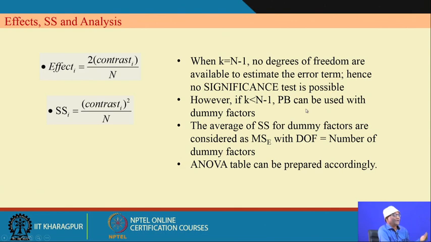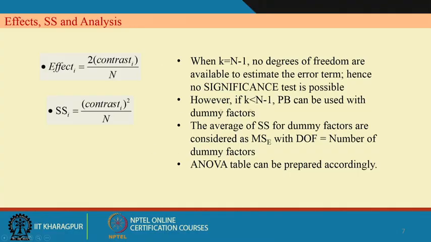But if k is less than n minus 1, suppose you have 7 factors and you are going for an 8-run design, then apart from the main effects you have no degrees of freedom available for estimating other effects, including the error term. But if you use k equal to 7 with n equal to 12 and you are interested only in main effects, then you have 5 different runs available, and that will help you to identify the